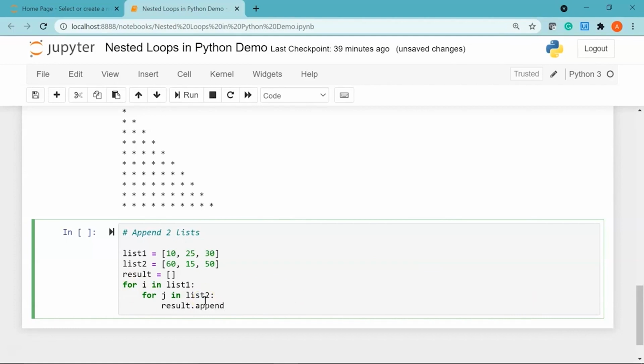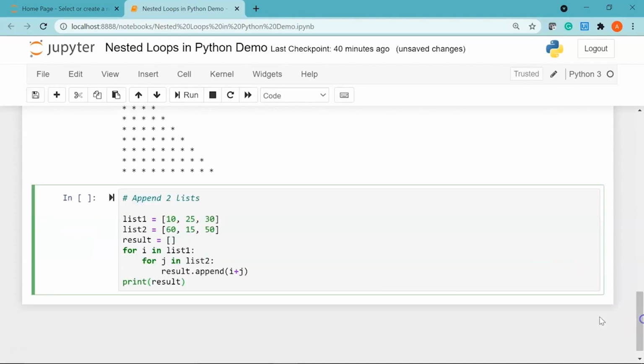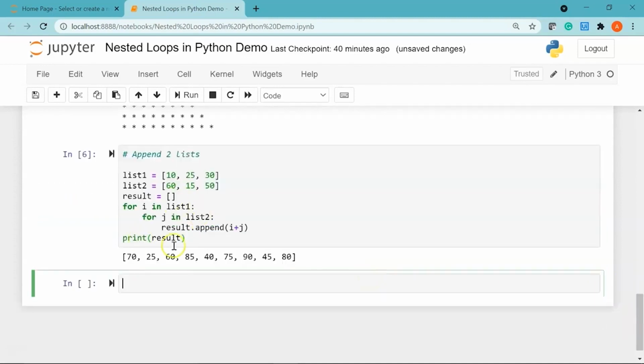Then I'm going to use the append function that is inbuilt in Python. I'll say i plus j. So this will make sure we'll append the values from both the lists into my empty list, which is result. Then I'll say print result. Okay, let's run it. There you go.